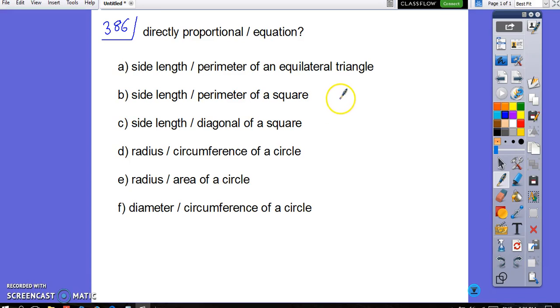So in this video, I'm going to take you through a few exercises related to direct proportion. The first one is exercise 386 on page 123. And we're asked to decide whether the following relationships are directly proportional relationships, and if they are, give the equation, so the factor of proportion, k, for example,